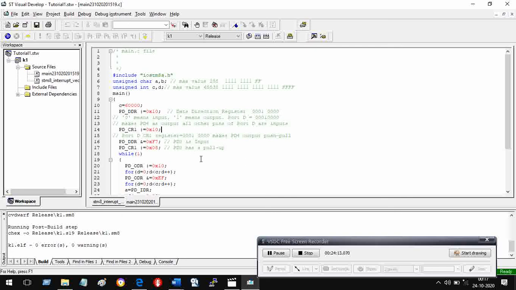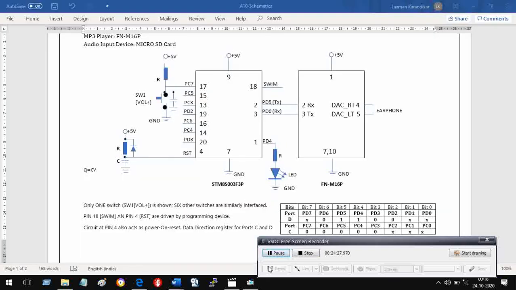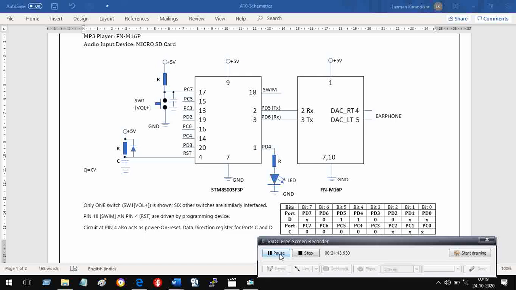I have made the other pins, PD DDR as F7, PD3 is input, PD3 has a pull-up. Let's have a look at the input also now. In our project, we are making all these pins input pins because we are going to connect keys or switches.